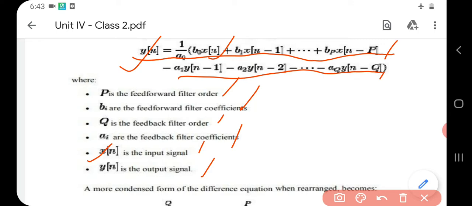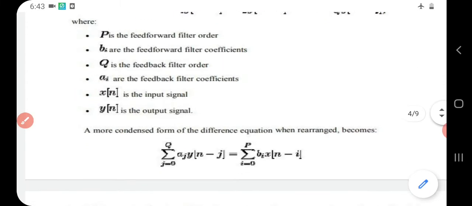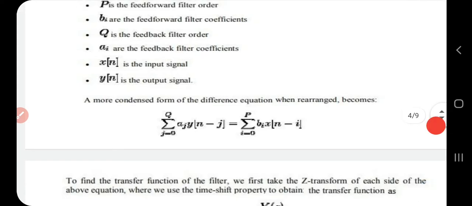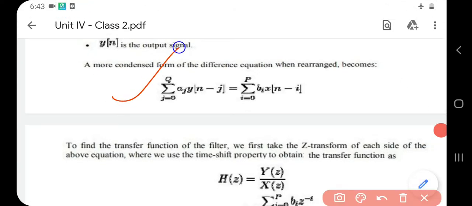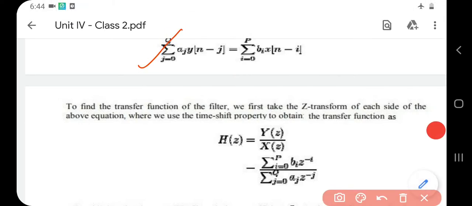So this is a relation, or transfer function. It just gives us the relation between the output signal y[n] and the input signal x[n], and the relation is broadly written like this, with each of these terms in this equation. Now this equation, when shortened and rearranged, gives us this particular equation. Here again we are trying to shorten this equation. For that we take the Z transform on the LHS and RHS, so we get this. So this is the final expression for a transfer function.